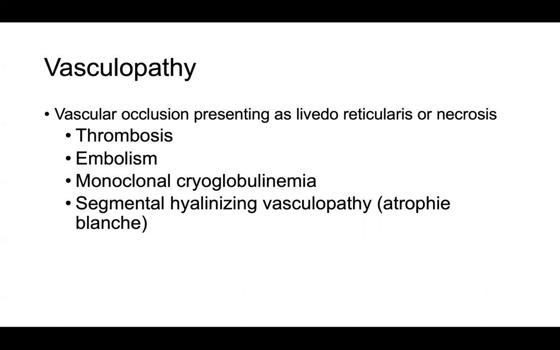because the ischemia and the necrosis has already destroyed so much tissue, it's going to be hard. You have to get an area that's not quite fully necrotic or ulcerated. You want to try to find deeper tissue, maybe within the ulcer or prior to ulceration. But if you've got a full-blown ulcer, then it's going to be difficult to say. Again, you can have secondary leukocytoclastic vasculitis happening in an ulcer that was ultimately caused by vasculopathy. So vasculopathy leading to an ulcer, you see LCV in the ulcer, it doesn't mean LCV caused it. It means that the LCV is there because of the acute neutrophilic inflammation that's happening after the ulceration to try